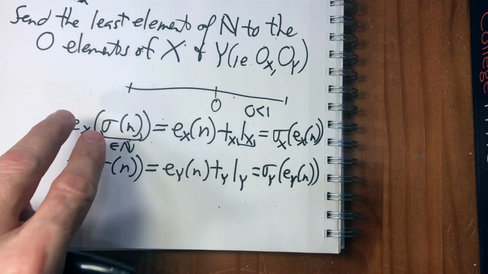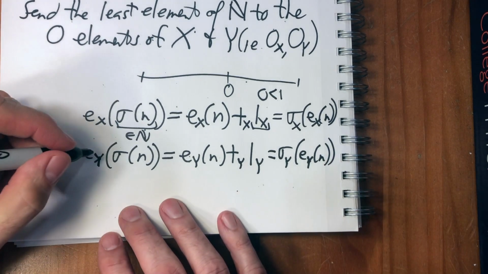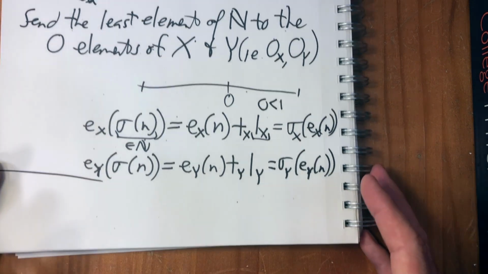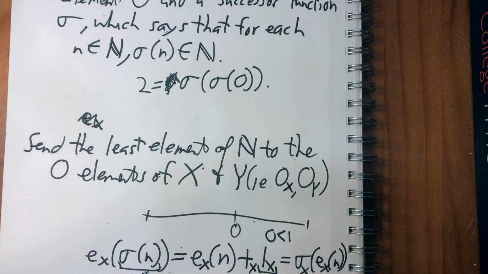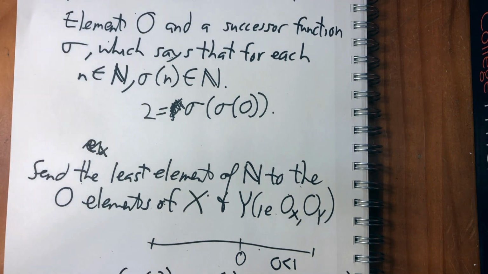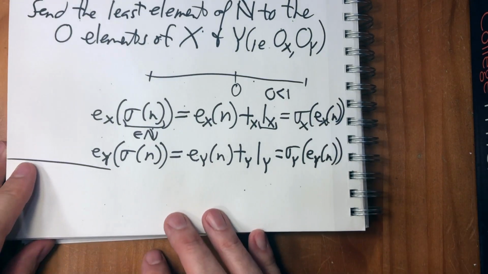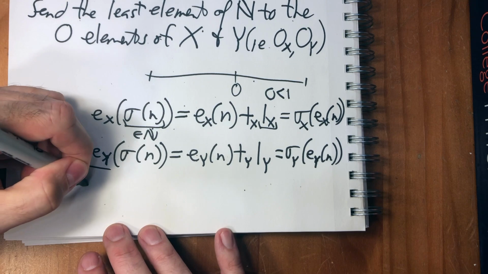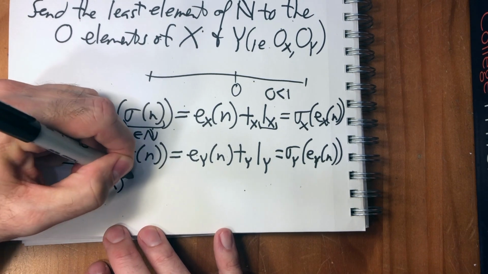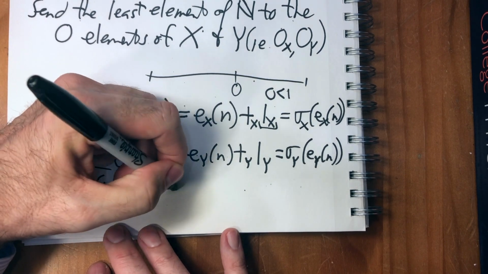So we've just associated unique numbers with unique numbers. Just to say one more thing here, we can also associate addition and multiplication in the naturals with addition and multiplication in x and y, again in a natural way. So just to write it down, if we have that e to the m plus e to the successor of n,